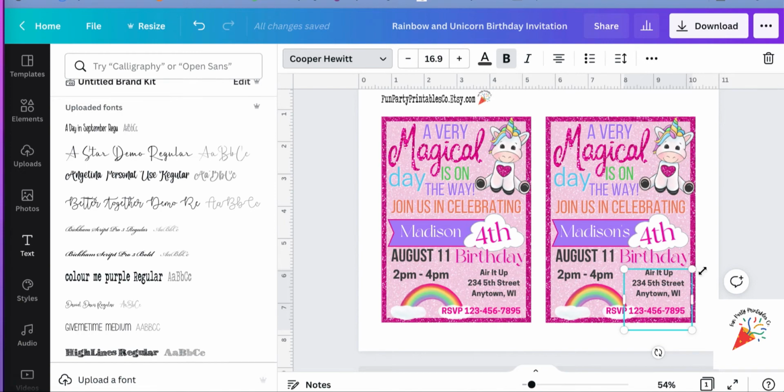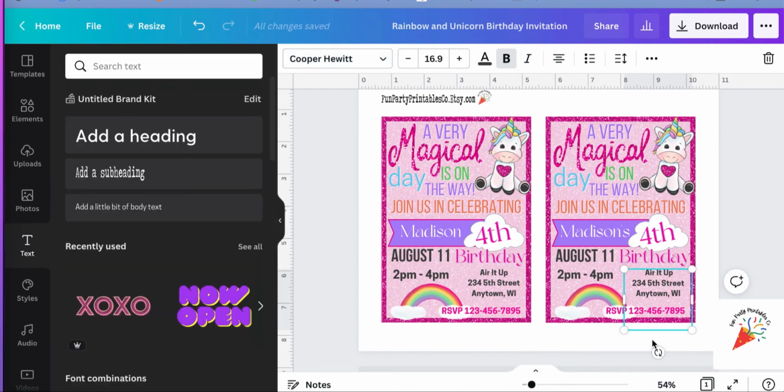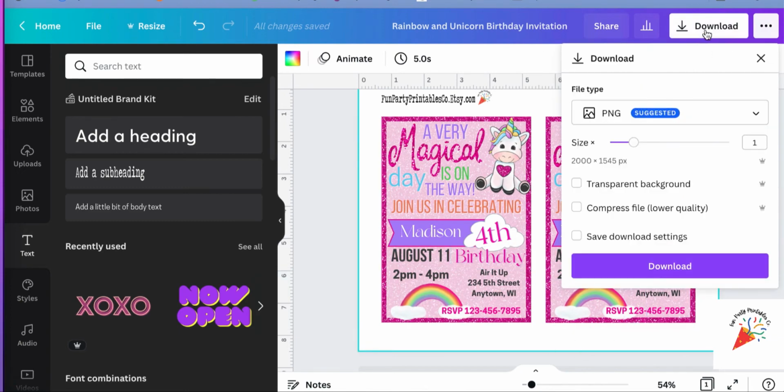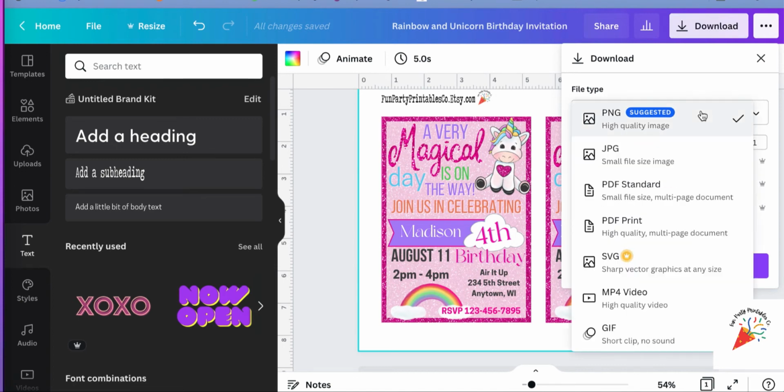Then, when you are ready to download and print, I just got to click off. There we go. I come up here to my download button. Now, it gives you the suggestion. It suggests PNG. I suggest, if you're going to print it, to grab the PDF print. If you download it in the PDF print, you're going to have a really nice high quality print,